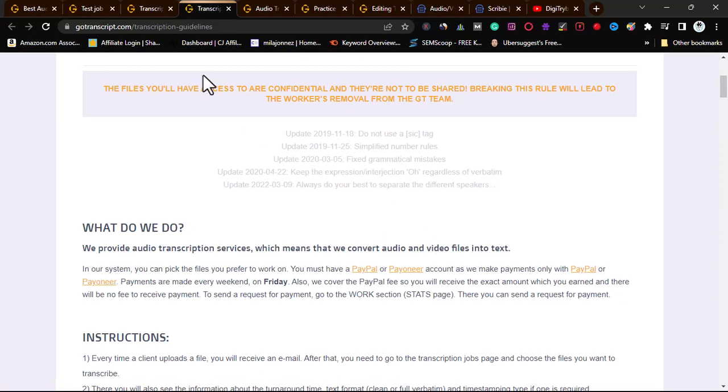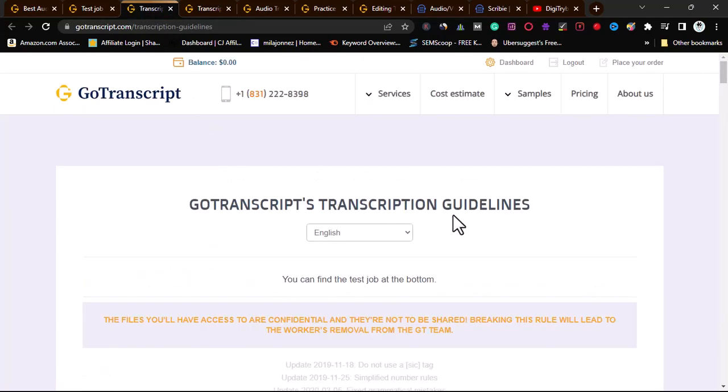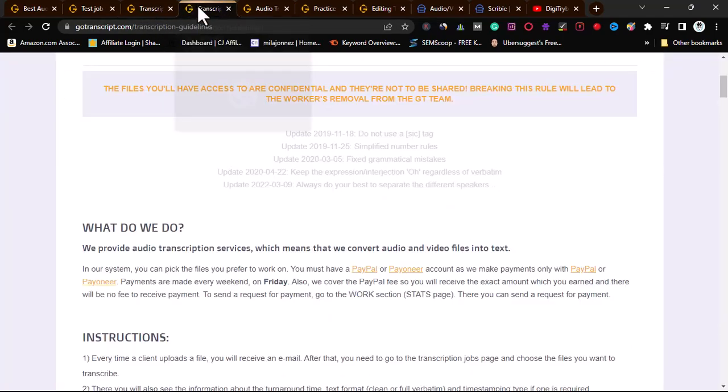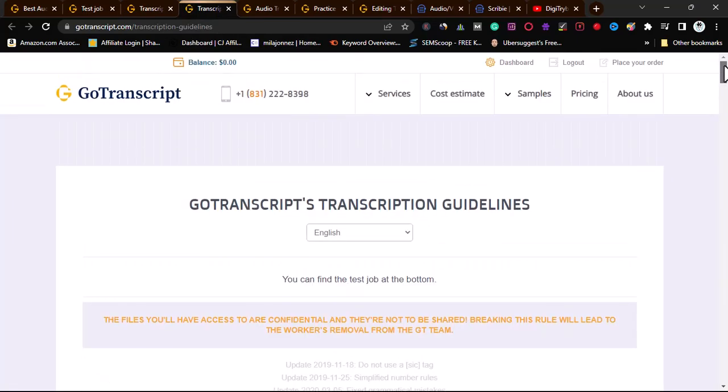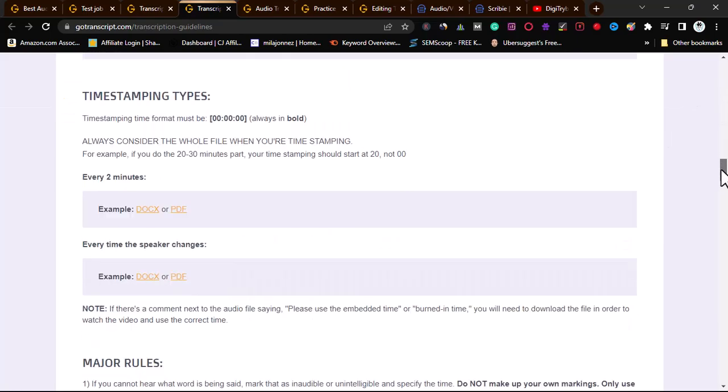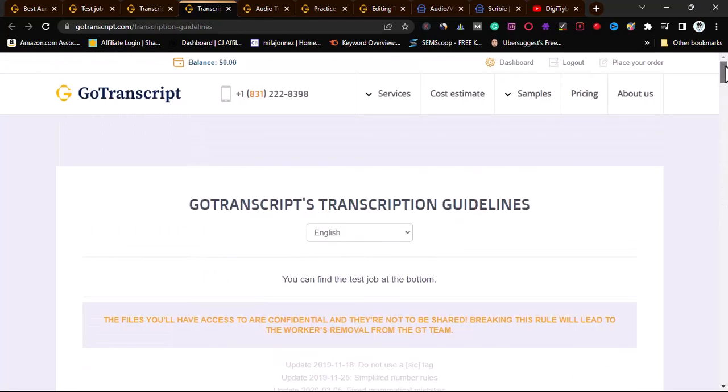So you can see here, let me open the one I just opened recently. This is it. It's the same thing with this. There is no difference. So you want to read all of this before you go for the practice file. So once you understand all of this, the next thing you want to do is to come to